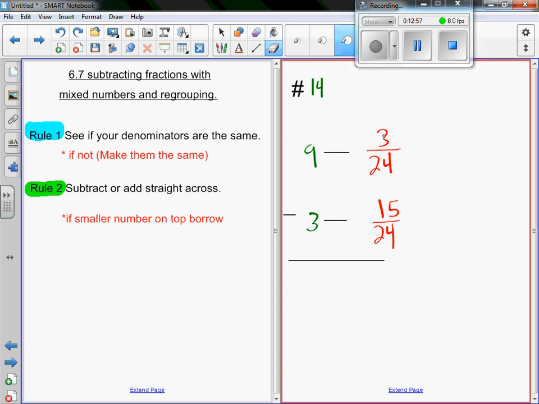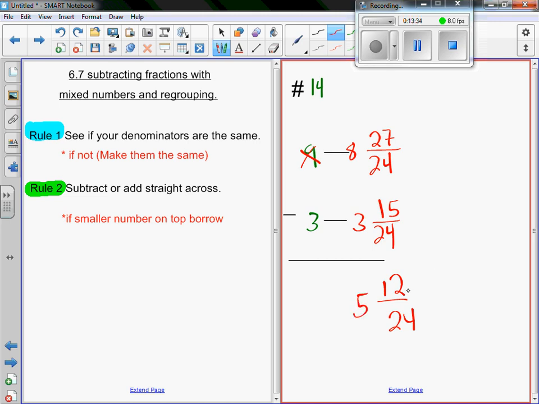Next, my top fraction's numerator is small, so I have to make it bigger than the 15, so I can subtract. I'm going to borrow from the 9. I'll make that 9 an 8. But then I need to add 24 to the 3. So 24 plus 3 is 27. Now I have 27 24ths minus 15 24ths. So to subtract that, I'll have 12 24ths, and 8 minus 3 is